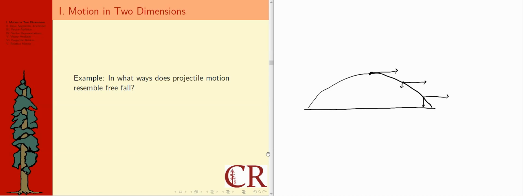In what ways does projectile motion resemble free fall? So I've gone ahead and, before starting this question, I've drawn a sketch of projectile motion across level ground. And I've chosen three spots to look at the components of velocity, in other words, the components of